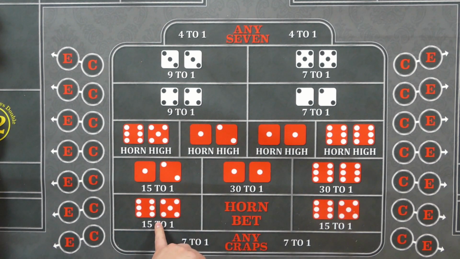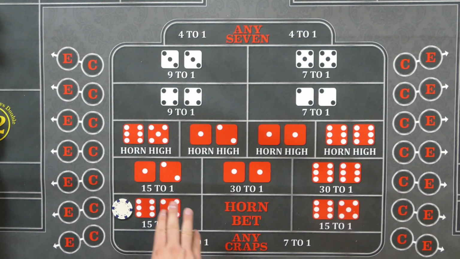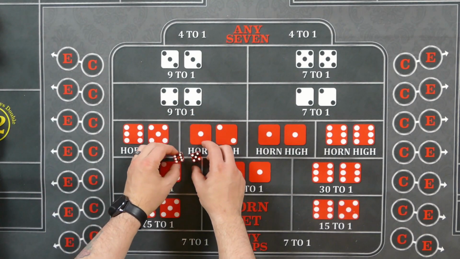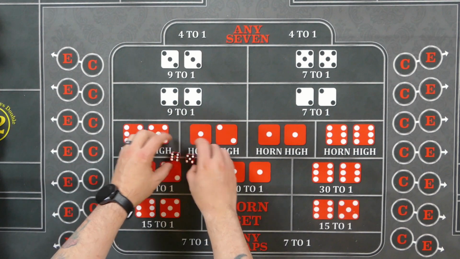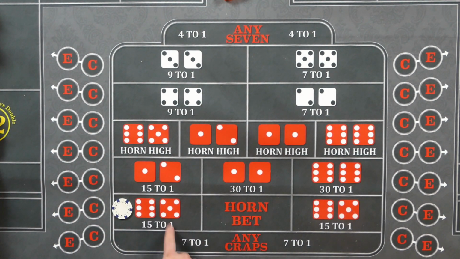The last one is the 11. Now the 11 is a hot bet, which means it's just betting a combination of the dice, the 5-6 or the 6-5. So there's two ways for it to come, 6-5 or 5-6. And it can come 6-5 or it can come 5-6. That's why it's two different combinations. So that has a 1 in 18 chance of coming. Pays 15 for 1 or 14 to 1. The reason I'm covering this one today instead of with the rest of the hot bets